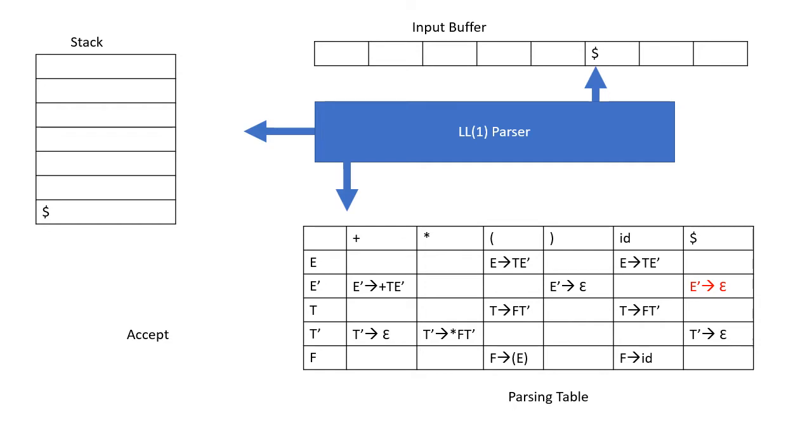So this is all about your LL1 parsing. This is a top-down parser, LL1. It's a predictive parser because it predicts which production rule to use by looking at one input symbol. You can see it is looking at the non-terminal which is to be expanded, and it decides by looking at the next terminal symbol. So this is about your LL1 parser.